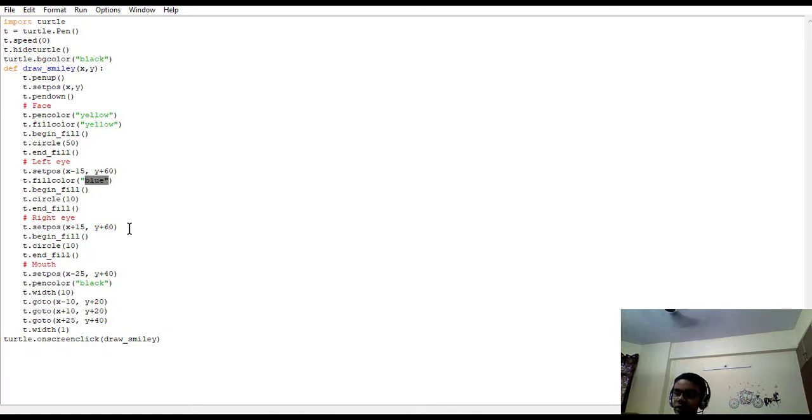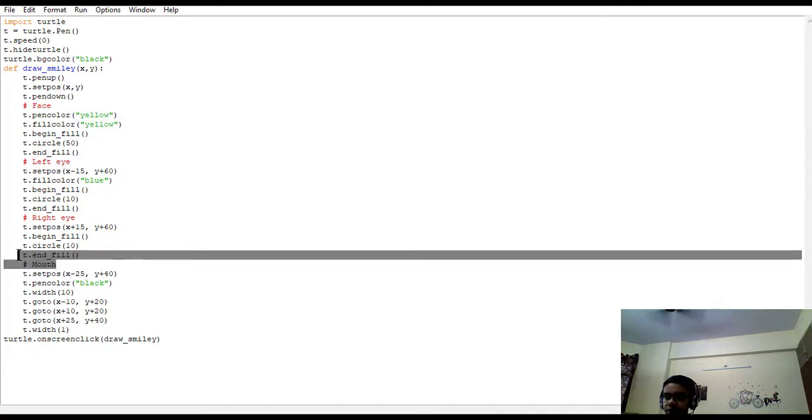We need not change it because both eyes should be the same color. If you want another color, you can write the t.fillcolor function again and choose any color you want. Then t.setposition, I have explained that to you. Then we will begin the fill. Then I want my eyes to be equal and small, so I have chosen 10 again. Then we will end the fill.